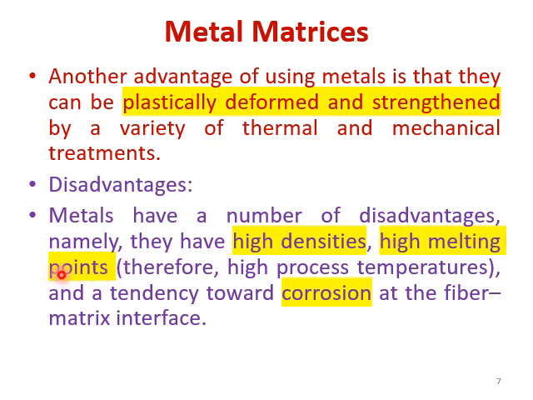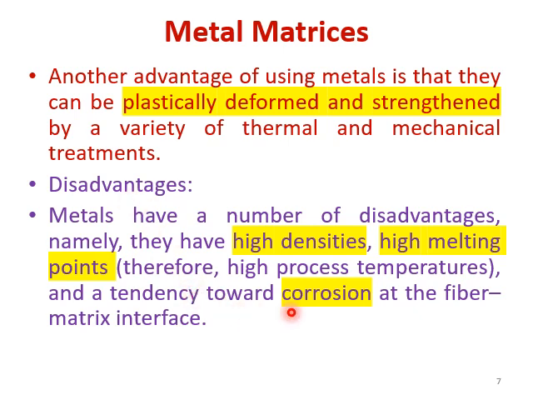Now this high melting point is an advantage as far as the application is concerned. But if the melting temperature of the matrix is high, it is going to create problems in processing. Like if you are making a composite, then while making it you will have to use high temperature to melt the matrix. Is it okay? Right? And then that will consume energy to a higher extent, and in that sense it is a negative point, or it can act as a disadvantage.